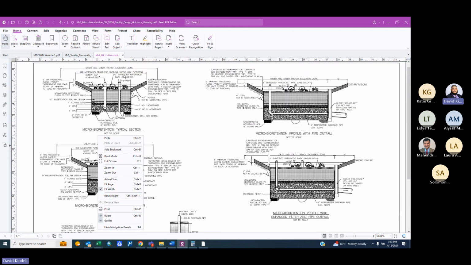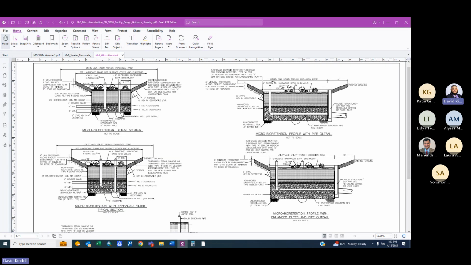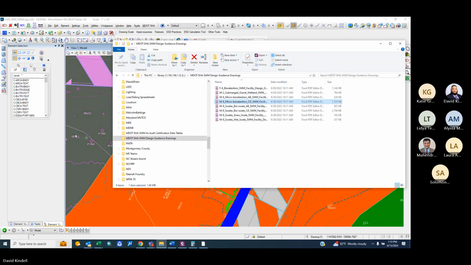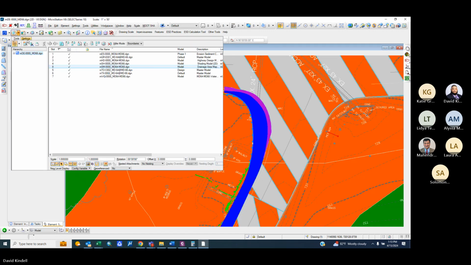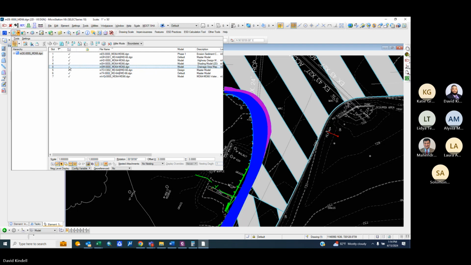And this is what the typical section looks like for microbiota. We need an underdrain and then a pipe here because it's usual. Then I have an MDE and then